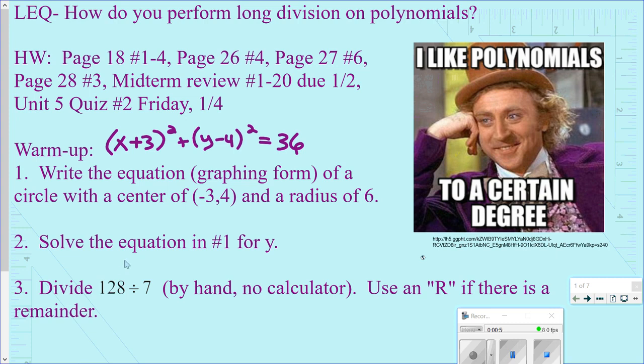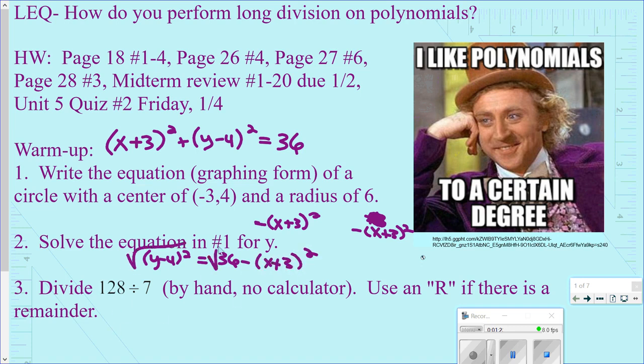So I'm going to first subtract x plus 3, the quantity squared, from, oops. Let's just try that again. I'm trying to write that I'm subtracting x plus 3, the quantity squared, from both sides. So that's going to give me the quantity y minus 4 squared is equal to 36 minus the quantity x plus 3 squared. So then I'm going to take the square root of both sides,